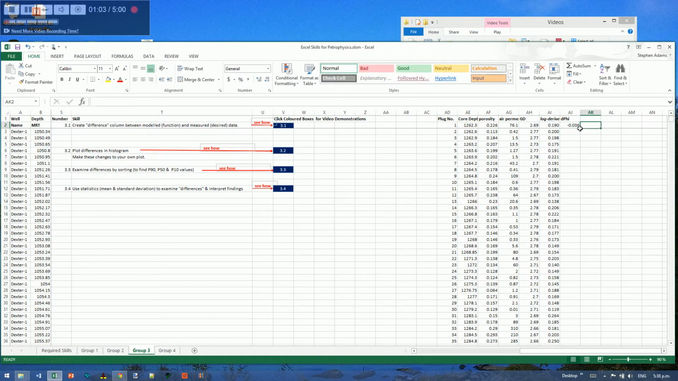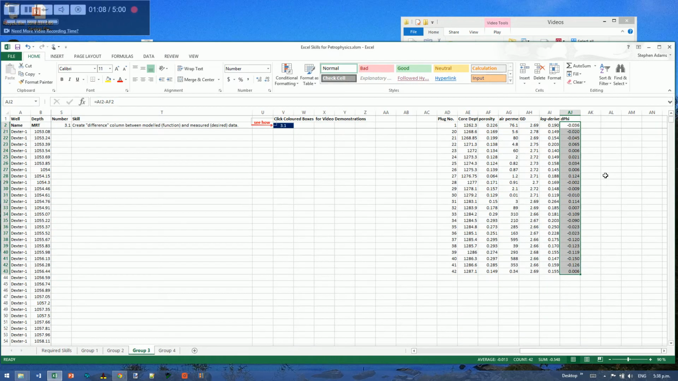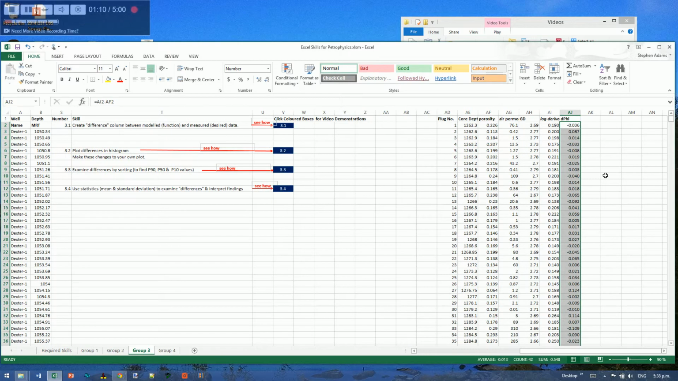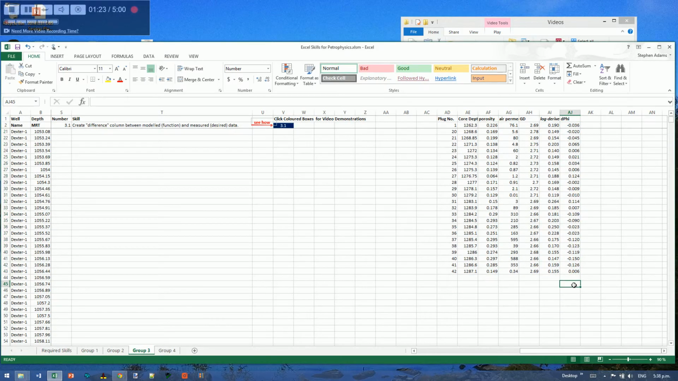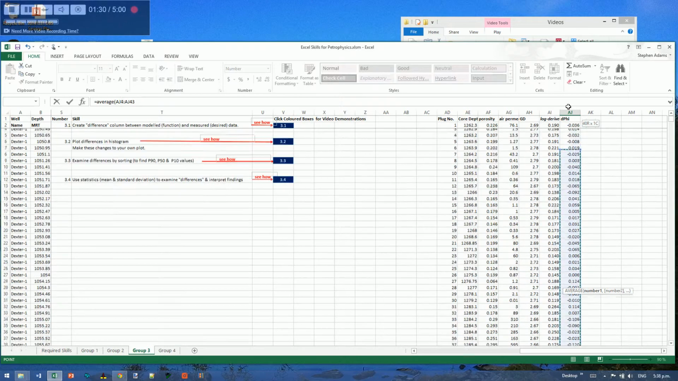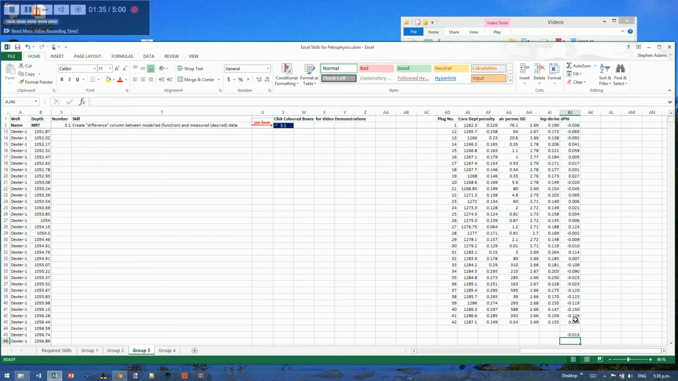And if we double click on the bottom, we take it down to the bottom of our data set. Now we've interpolated the log-derived porosities to get the ones that match the core depths, calculating the difference between the two. Out of interest, we'll see what the average difference is, equals average of here. Average difference is 1.3